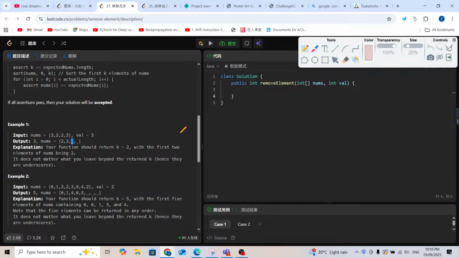So how can we solve it? Normally for this kind of in-place problem, we're going to use two pointers. We have four numbers, 3, 2, 2, 3. We're going to define a pointer called position, starting from index 0. This pointer means all the numbers before this pointer